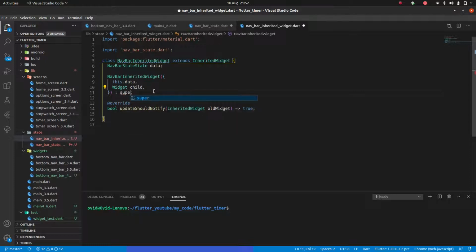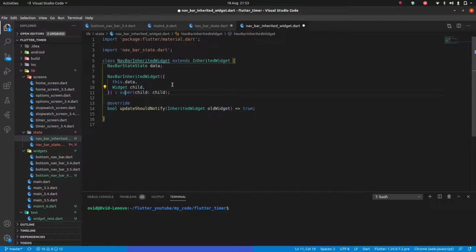And this gets passed into super. So super is the parent class, and the parent class can take that child like this. So we're passing the child that the inherited widget is getting to the parent of the inherited widget with the